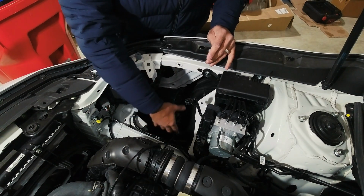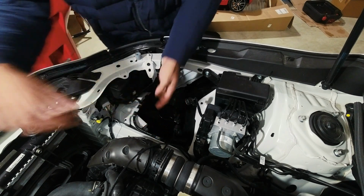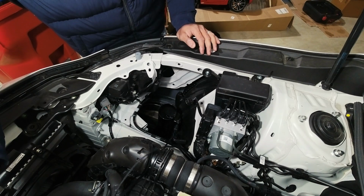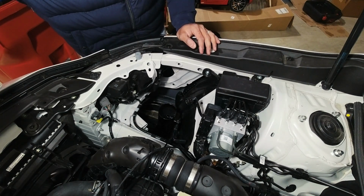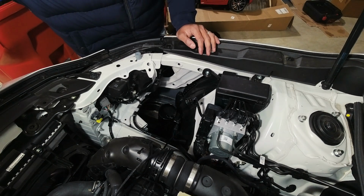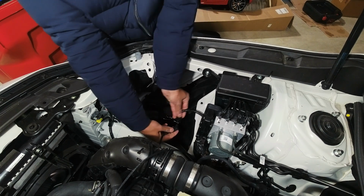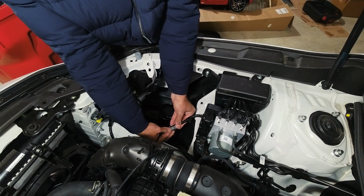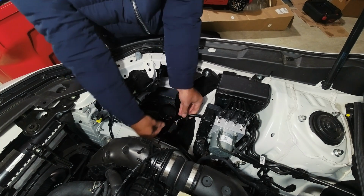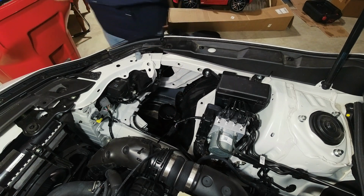So I was able to get the MAF installed. This cable now does reach, that's what I wanted. Let's bring a better lighting here. Oh, that's not stable. Okay, so that's clipped in. This is clipping into here. All right, that's good. This, I guess, is just going to dangle now. Now we've got